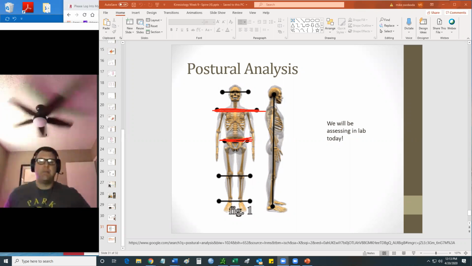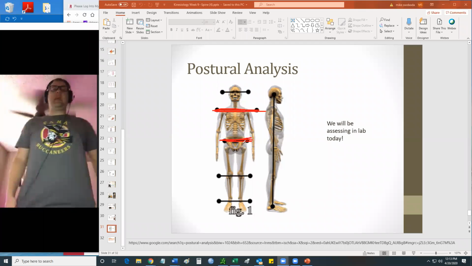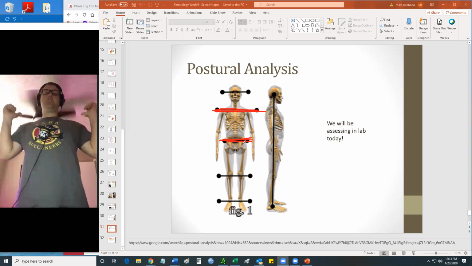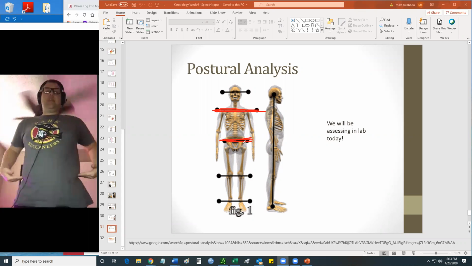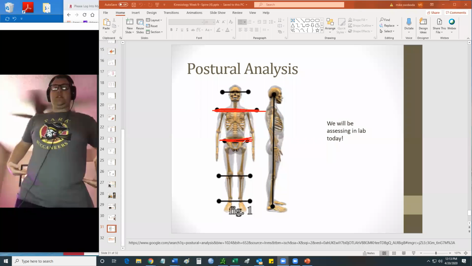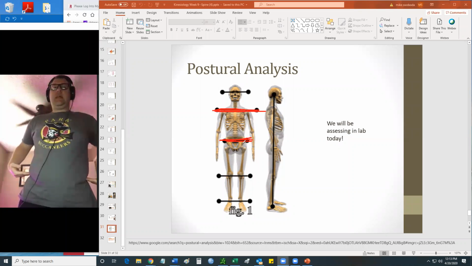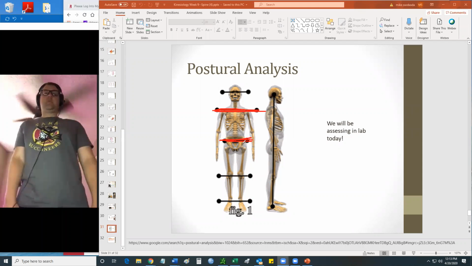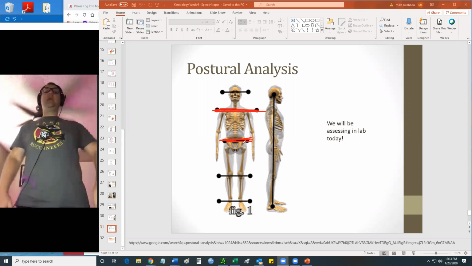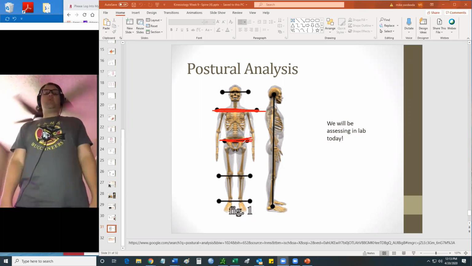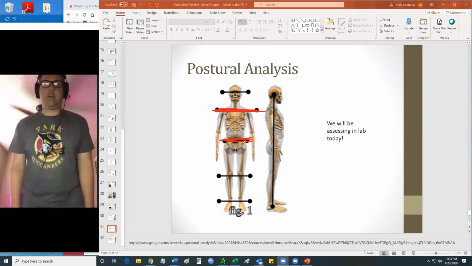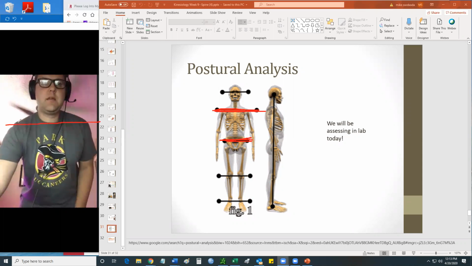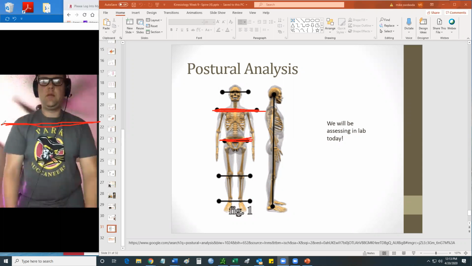Meaning, if I'm standing up and you're looking at me from a frontal view or even a posterior view, it doesn't matter, most likely what you would see, if you're going to see something, is some sort of hip imbalance, like a hip hike, or you could potentially see the shoulders moving, so one shoulder higher than the other. It's very common if you have an injured shoulder to have one shoulder hike up a little bit higher than the other. So if I look straight at you, my shoulders stay,